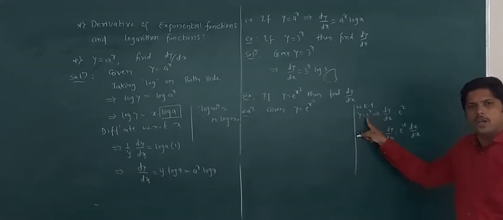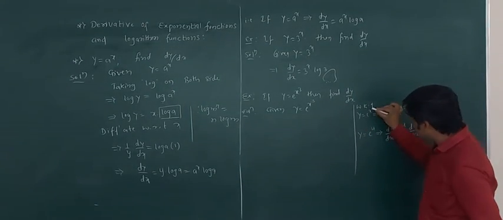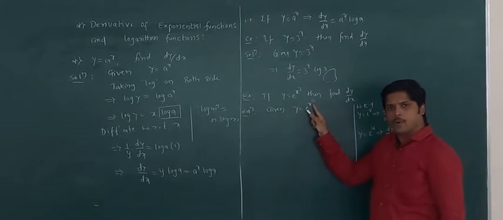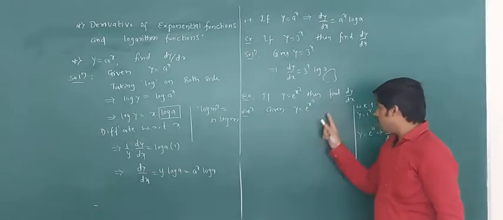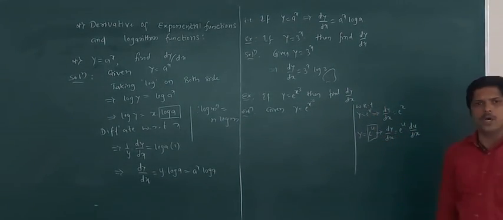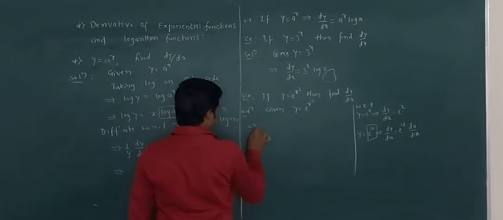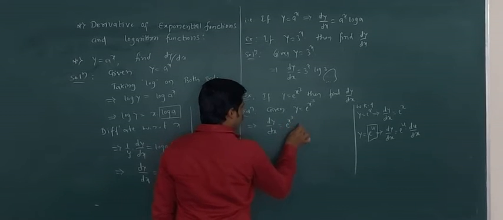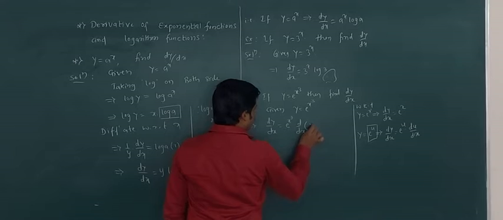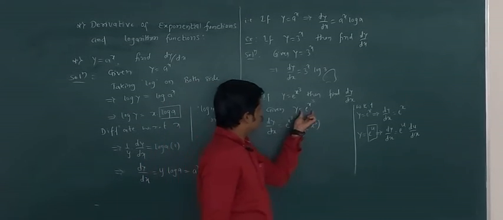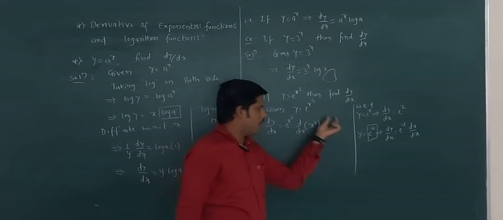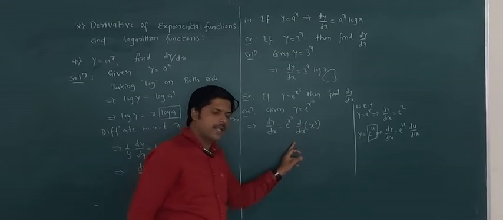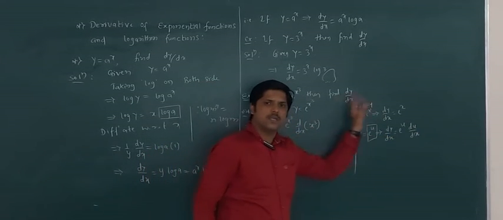Here in the above function, we have e to the power x. Here the x power is 1, so therefore e to the power x only. But in the given example, x to the power 3. So therefore I am going to use this formula, e to the power u. Then the differentiation of this function is dy by dx is equal to e to the power x cube into d by dx of x cube. Because comparing these two, in place of u we have x cube, so e to the power u as it is, so e to the power x cube into d by dx of x cube, because u is x cube.